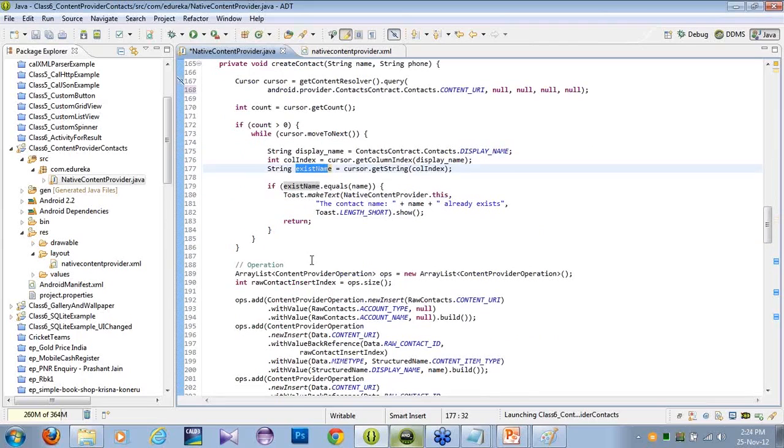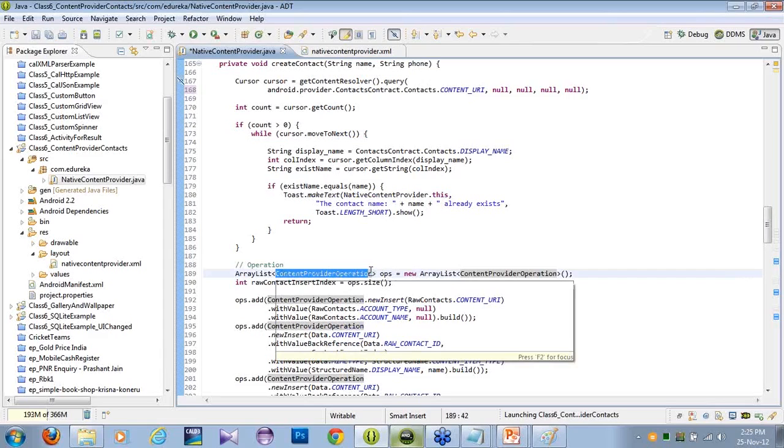To do an insert operation, here I'm only getting the display name and the exist name. If the name already exists in the database, what I will do is say that the name already exists and to change the name first to insert the query, and I will return back to the application. So to insert and for data manipulation, you need an array list, and the class that we use here is ContentProviderOperation. So the array list with the generic type ContentProviderOperation is the standard to use to work with the contacts of a phone. I have this object ops,